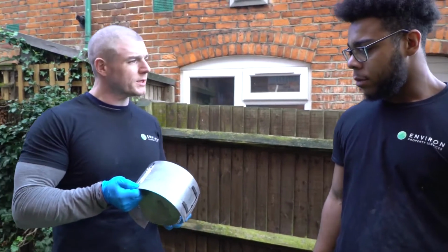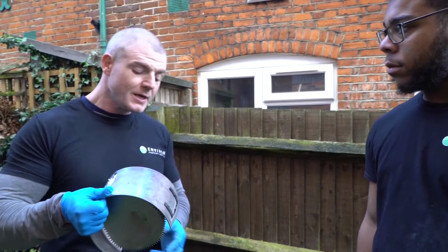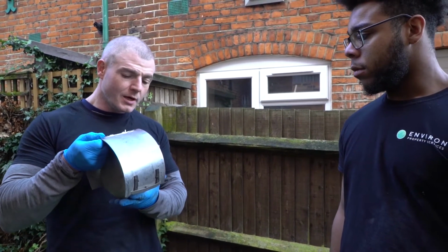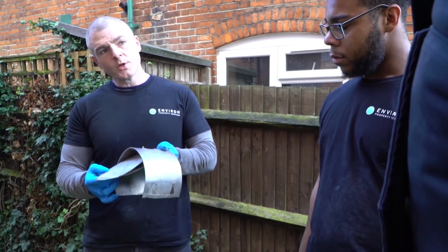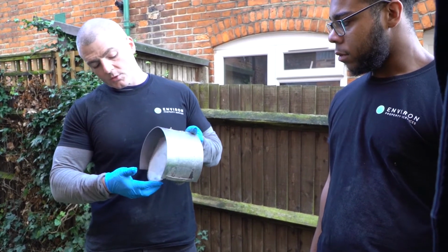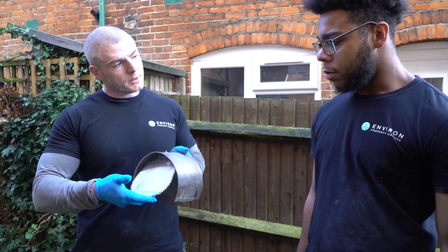This is the rodent blockers we use. We tested a few plastic variations, hard plastic, single flap, before we settled upon these, which are the double flap and offer double protection. So like a marine treated metal that doesn't rust. Flaps go this way with the flow, and anything that comes up to it can't get through. It's also got the serrated and spiked edge, so when they try and pick it up, they don't manage to